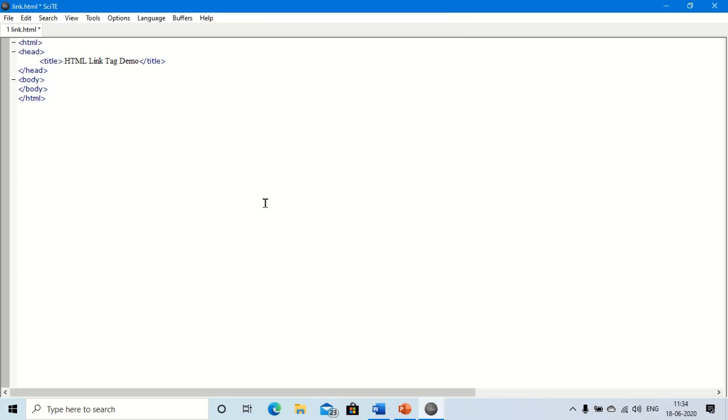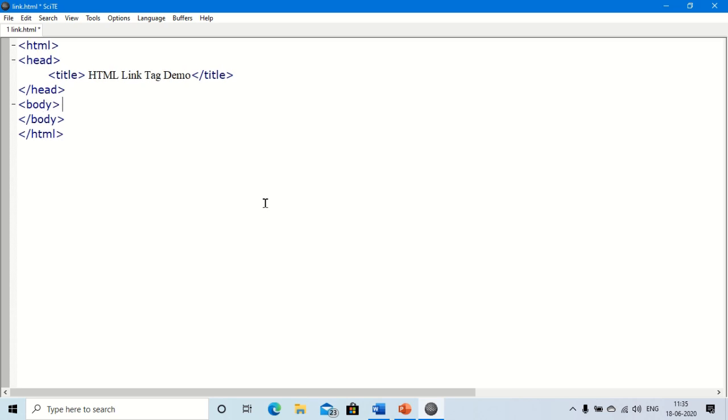See how to change the color of visited link text. First of all, we have to know how to insert the link. Then we will understand how to change the visited link color or active link color. So here I am going to insert one web page. To insert the web page, we have to use the anchor tag.